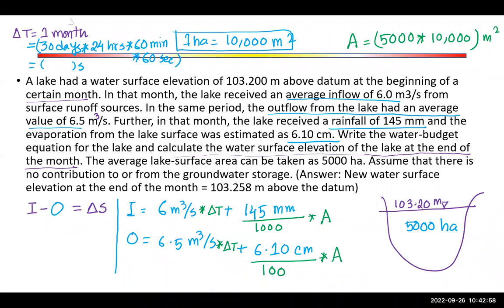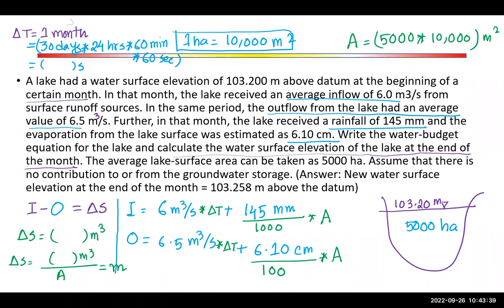Does that make sense to everyone, what we are doing? As I said, for this type of water budget, the main thing is to identify which one is input, which one is output, and then just the unit conversion. Okay. So once you have that, I don't know what the number will be, you will have a delta S of something meter cube. But we can't work with meter cube for surface elevation. So what we will do, I will just divide that meter cube by area, that will be in meter, right?